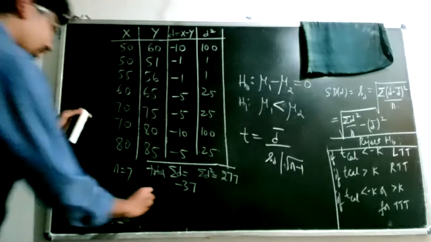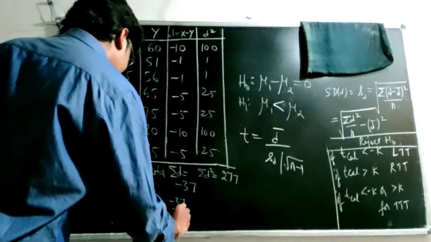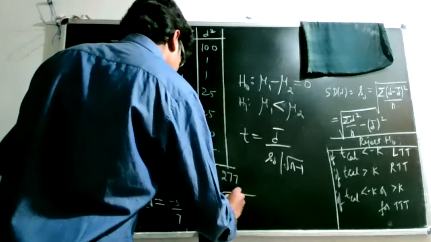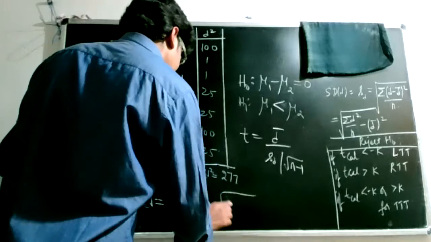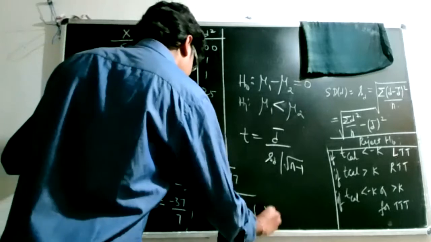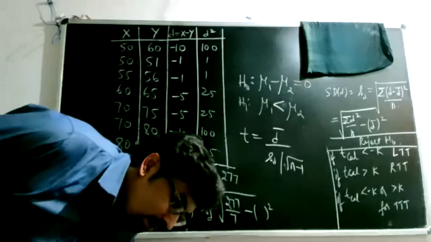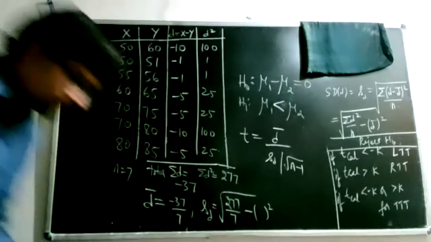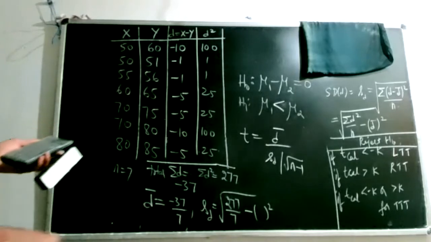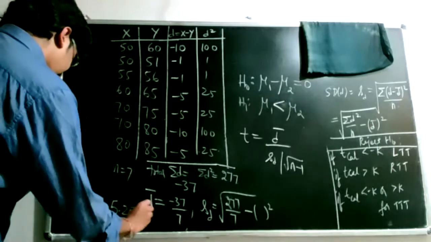Now we'll compute the values of D bar. D bar is minus 37 by 7, and the standard deviation of D, indicated by SD, is the square root of sigma D square by N minus D bar square. So 277 by 7 minus the mean square. So 37 by 7 produces minus 5.2857,